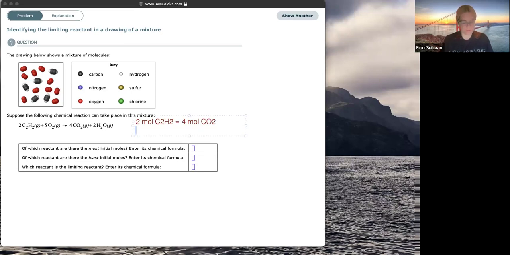And we'll do the same for the other reactant, the oxygen. For every 5 moles of O2, we can form 4 moles of carbon dioxide. So then what we're going to do is convert the actual number of moles of each of these reactants, the C2H2 and the O2, and find out how much carbon dioxide we can actually make. First of all, if we use up all of the C2H2, and second of all, if we use up all of the oxygen. Now, we might get different amounts that can be formed because we don't necessarily have stoichiometric or